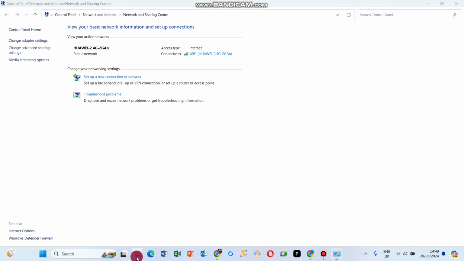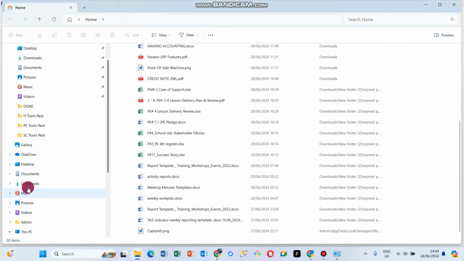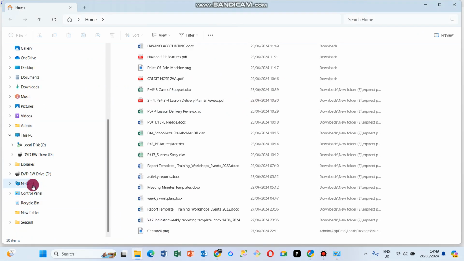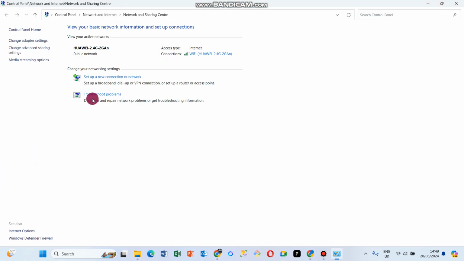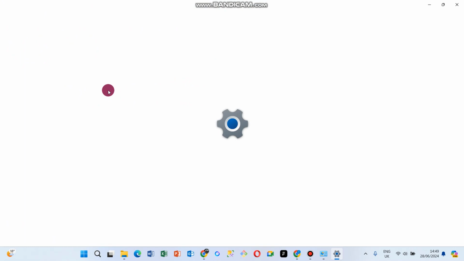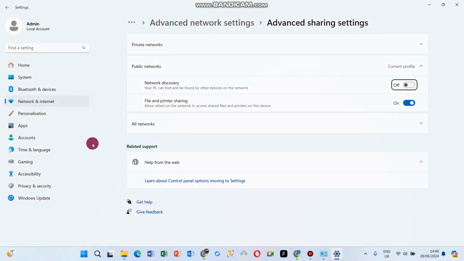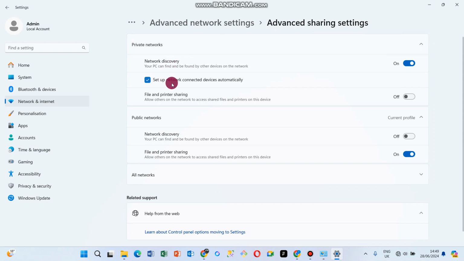Now I can open this folder again. Right click, scroll, look for network, right click on network properties, and then go on change advanced sharing settings. This is Windows 11, so it might be slightly different from others. So you see we have private network, we have public, and we have all networks. You first go on private, you click there, and then make sure that file sharing is turned on,